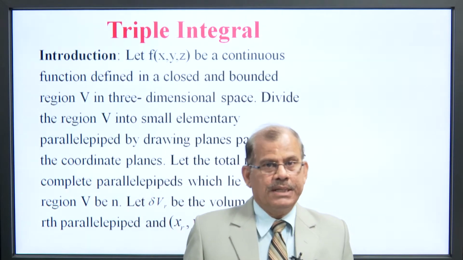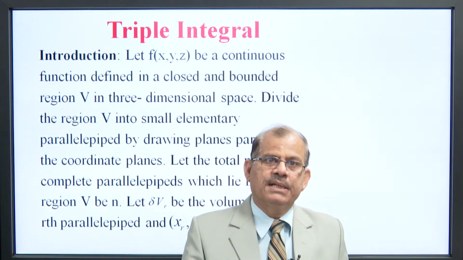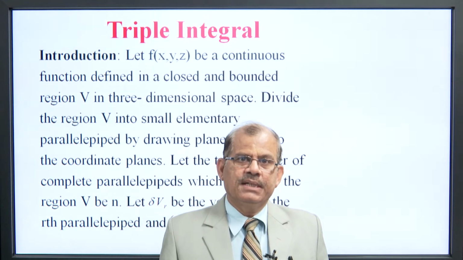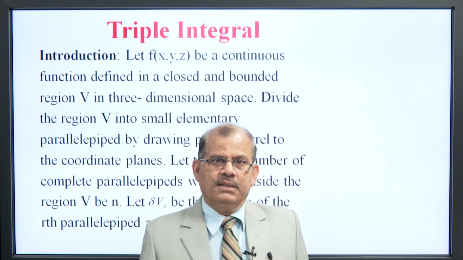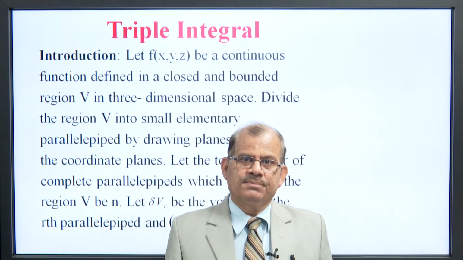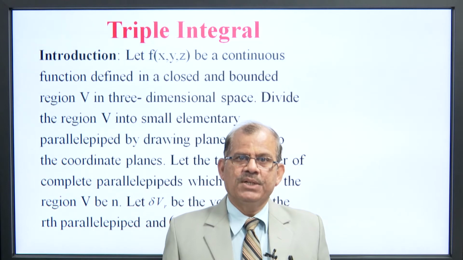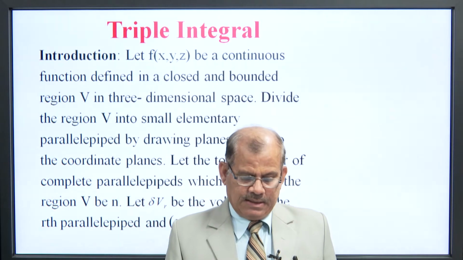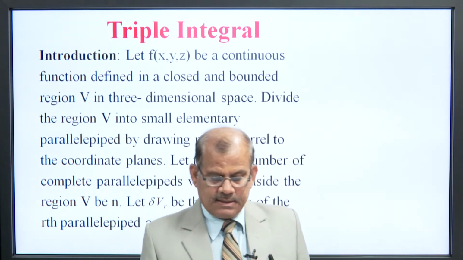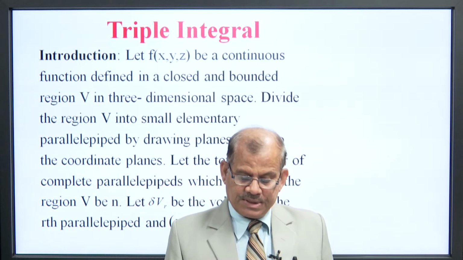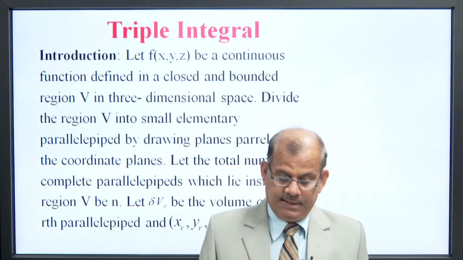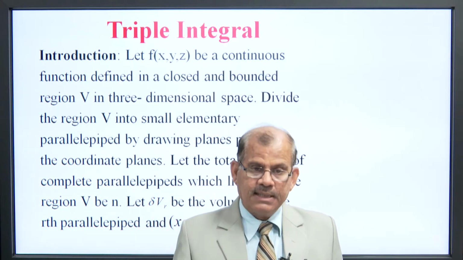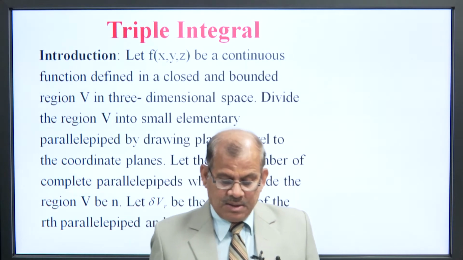Triple integral introduction. Let f(x,y,z) be a continuous function defined in a closed and bounded region V in 3-dimensional space. Divide region V into small elementary parallelepipeds by drawing planes. Let the total number of complete parallelepipeds which lie inside the region V be n. Let delta V_r be the volume of the rth parallelepiped and (x_r, y_r, z_r) be any point